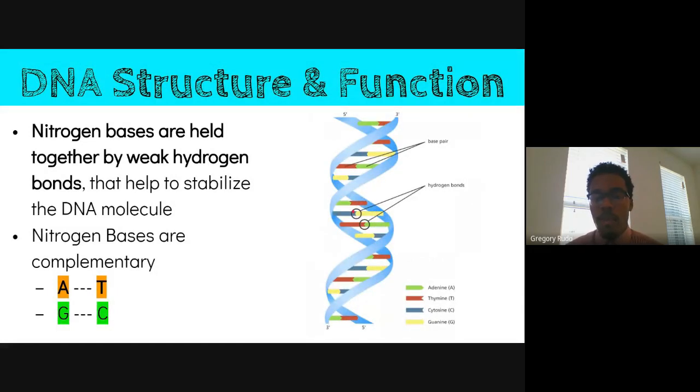And again, that's important because, as we'll see later, we need to be able to copy this DNA. We talked about that already. Remember, during interphase, during the cell cycle, interphase is made up of three parts: G1, S, and G2. It's that S phase in the middle during which the DNA is replicated. And so what we mean when we say DNA replication, we're just talking literally about copying the DNA. So in order to copy the DNA, and you all will see this in an activity that you'll do tomorrow, you literally just need to split it in the middle, and then there's going to be a special enzyme that comes in and